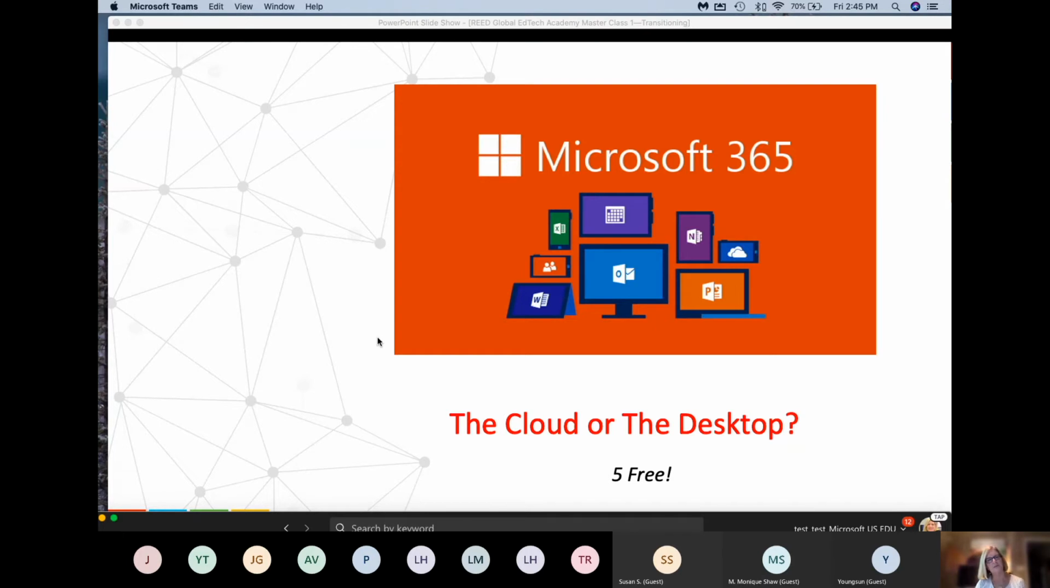But once you've worked on the desktop, you need to be saving. And then once you share it to your OneDrive, which is like Google Drive, and put it in the cloud, then it's automatically syncing and saving between. So you can ask about where you get those 5 free licenses, and